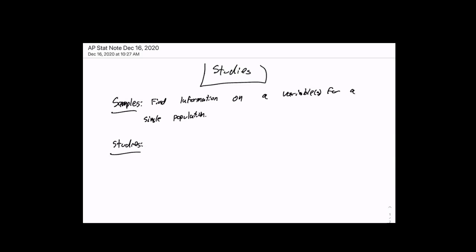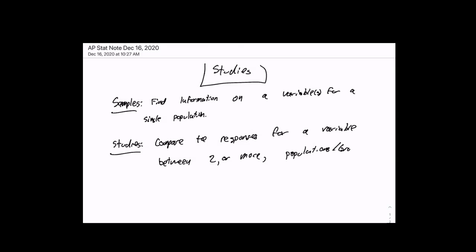In studies, we want to compare the responses for a variable between two or more populations or groups. Now, what's important here is that we have the same variable, and in studies we want to also do this